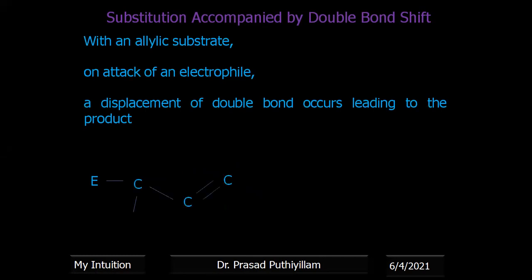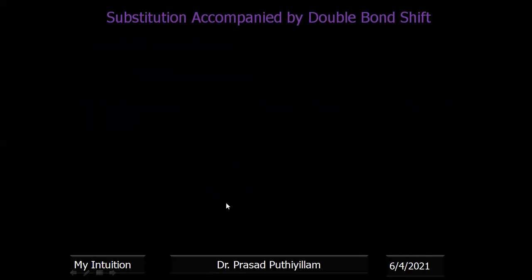A subsequent rearrangement takes place, and we get the removal of L plus. Initially the double bond was here; the pi electrons, both the bonded pair of electrons of the pi bond, are given to the electrophile, as well as the carbon, and when the leaving group goes, it forms a double bond. I will be clarifying this in the coming slides.